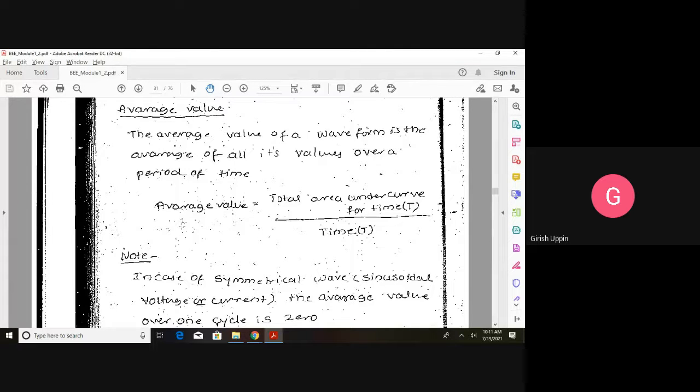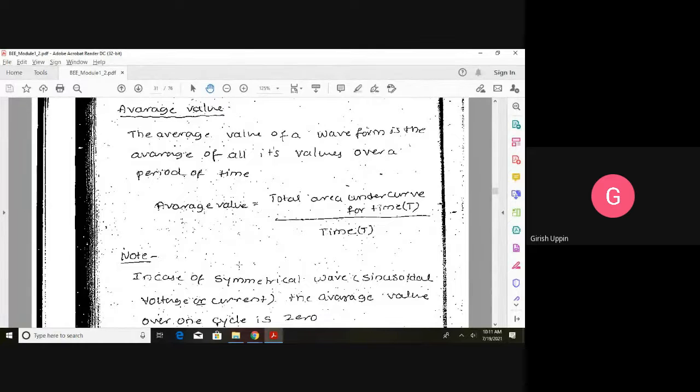It's very difficult. So if I ask you what is your household voltage, you say 240 volt. What is the meaning of 240 volt? It's the RMS value. All the voltages are represented as RMS values. It makes more sense when we say it in RMS value or the average value. Mostly it is the RMS value that we use.